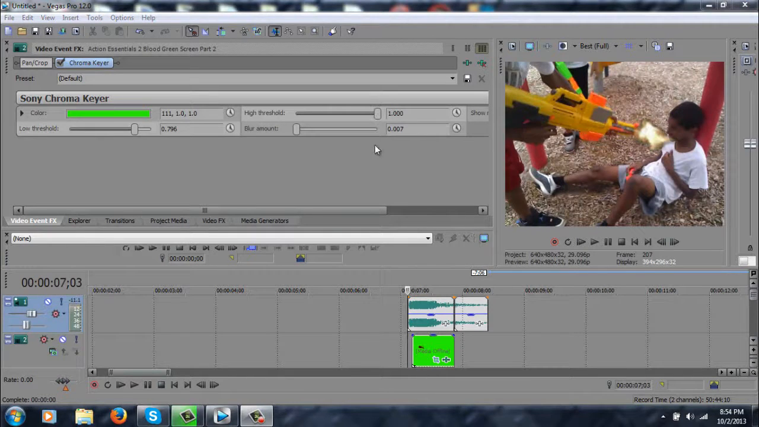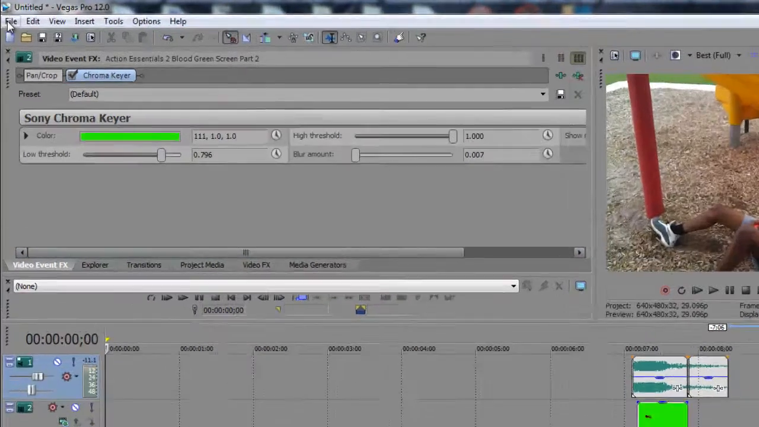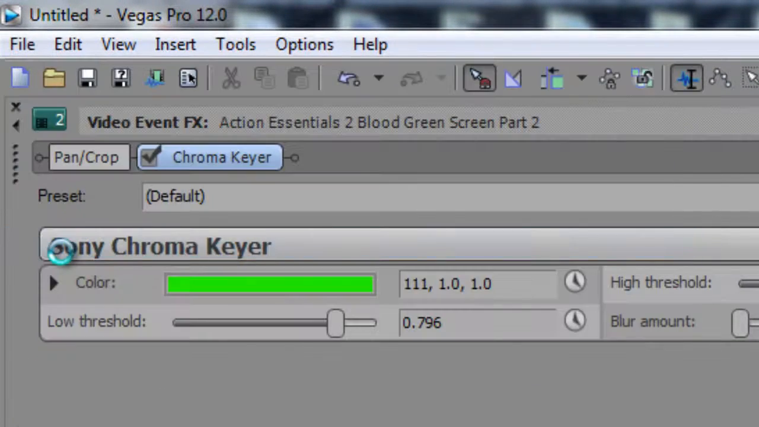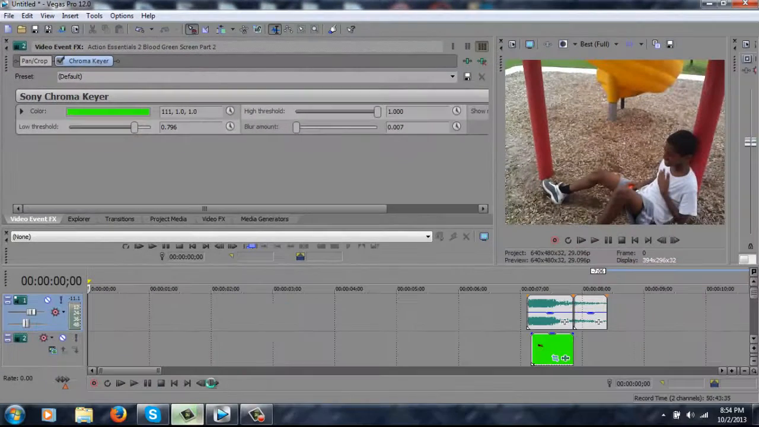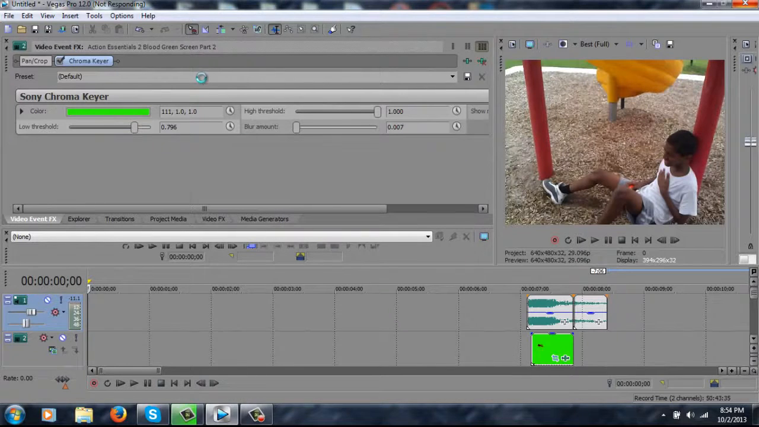Hey, one thing I forgot to mention, guys, before I sign off, is how to render this out. So basically what you want to do is just go up here to File, Render As. Now what you want to do is, as soon as this opens up. For those of you wondering, down here I'm rendering out a video, so that's why my computer's acting a little bit slow. Alright, so once it opens up,